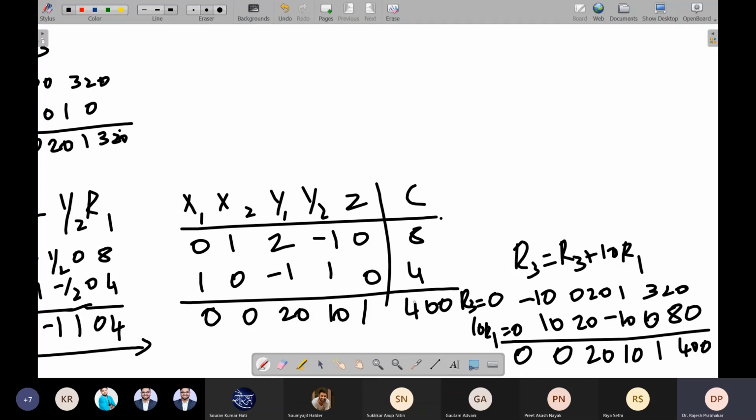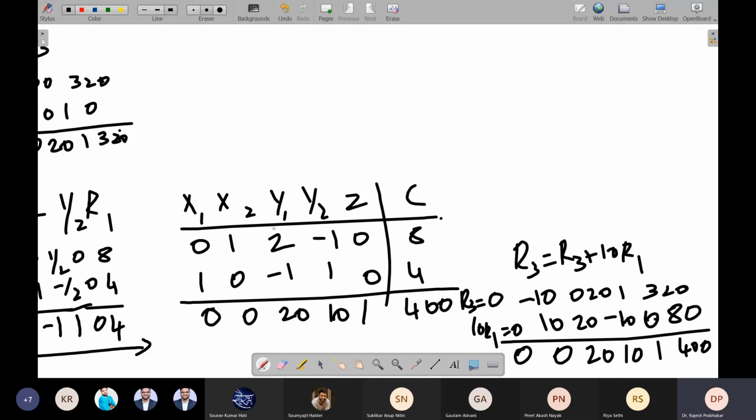Now we don't have any negative values. So what is the value of x1 and x2? x2 is 8.